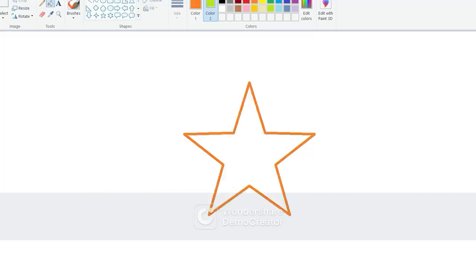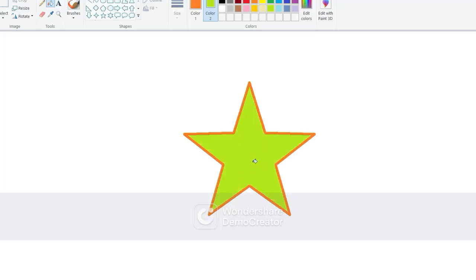So now dear children, you can see that I have chosen green as a background color, parrot green. Now I want to fill inside this. So from the Tools group, Home tab, we have taken the tool Fill with color. How to use this? Click an area on the canvas to fill it with the foreground color, or right click to fill it with the background color. It means if you want to fill inside, you need to do a right click, but if you want to fill outside, you need to do a left click. Right now I am doing it with a right click, so it has filled in the background.